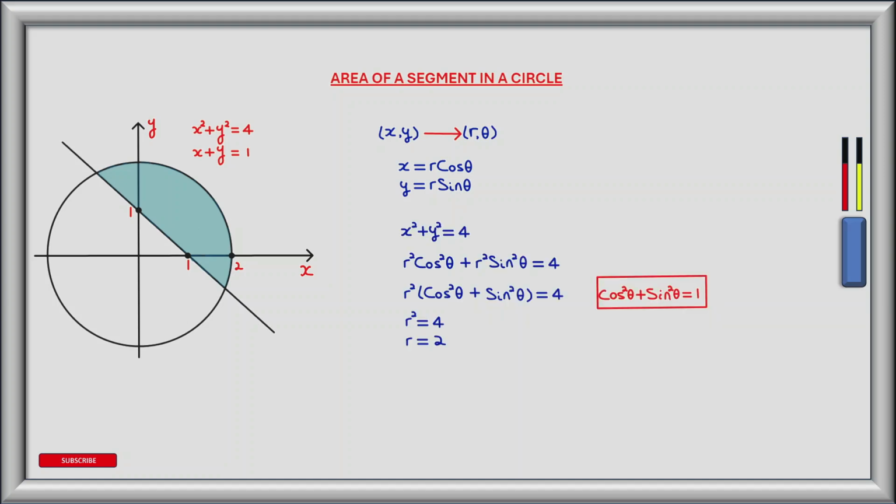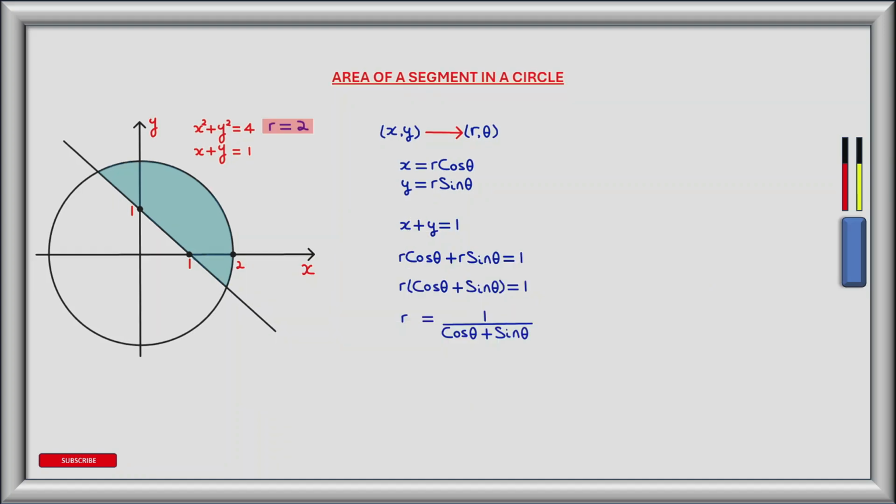Starting with the circle, replacing x with r cos theta and y with r sin theta, we get r squared cos squared theta plus r squared sin squared theta is equal to 4. Now if we remove the factor of r squared, we're left with r squared into the bracket of cos squared theta plus sin squared theta equals 4. Using the trig identity, cos squared theta plus sin squared theta is equal to 1, we're left with r squared is equal to 4. And taking the positive square root of both sides of the equation,